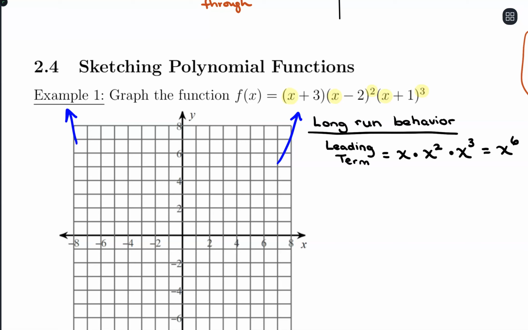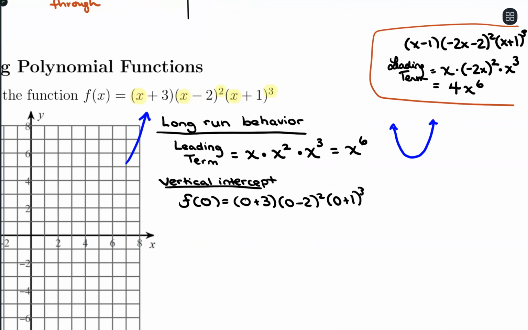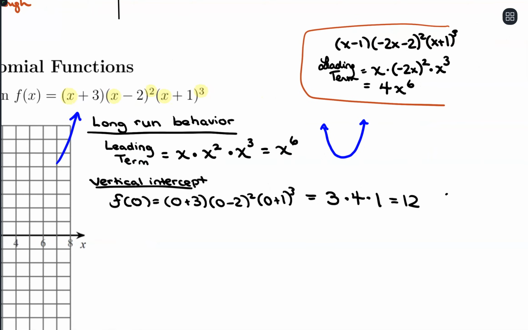All right. Next, we're going to fill in the blanks for the short run behavior. So let's start with the vertical intercept, just because that tends to be pretty quick to find because it's just a matter of plugging in x equals 0. So we have 0 plus 3 times 0 minus 2 squared times 0 plus 1 cubed. So 0 plus 3 is 3, times a negative 2 squared is positive 4, times 1 cubed is 1, so that's 12. So we're getting 0, 12 as a coordinate here,